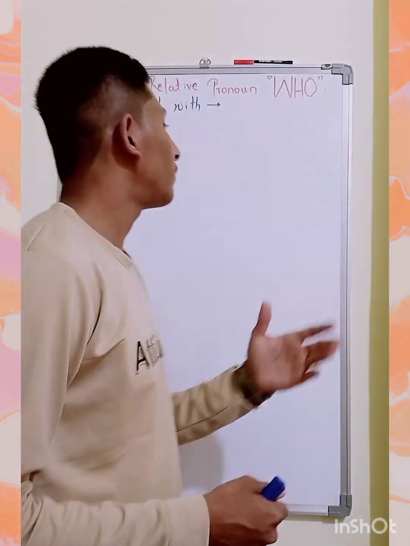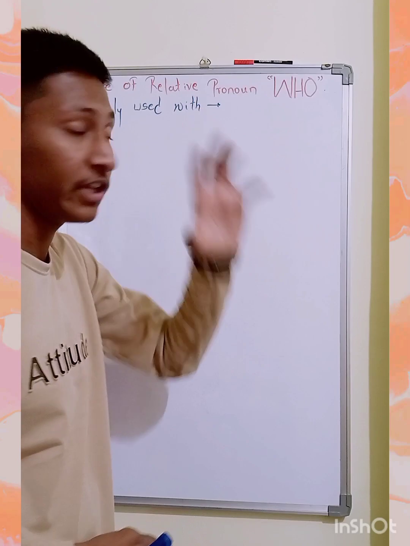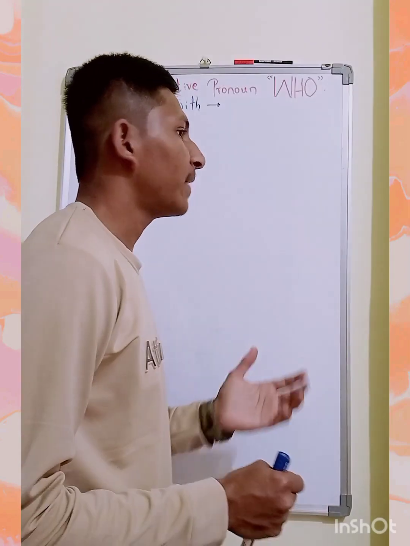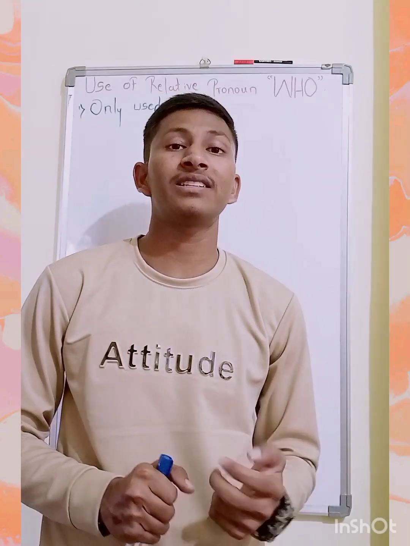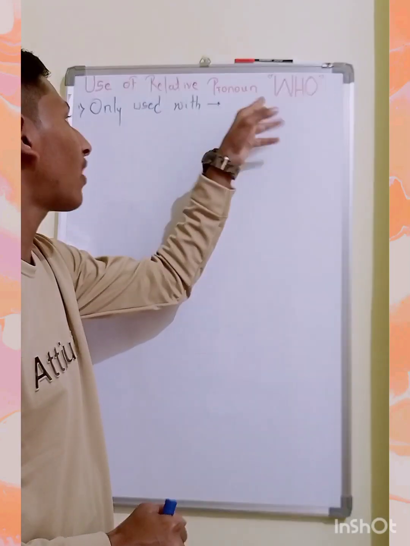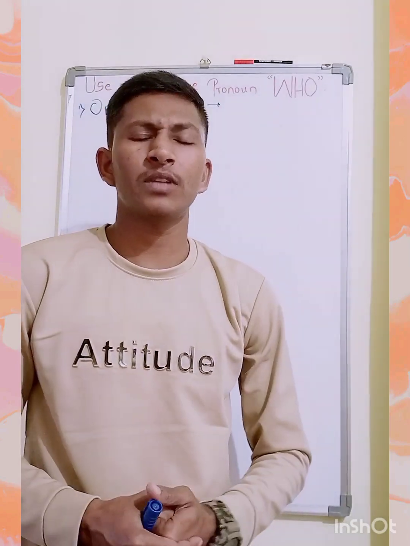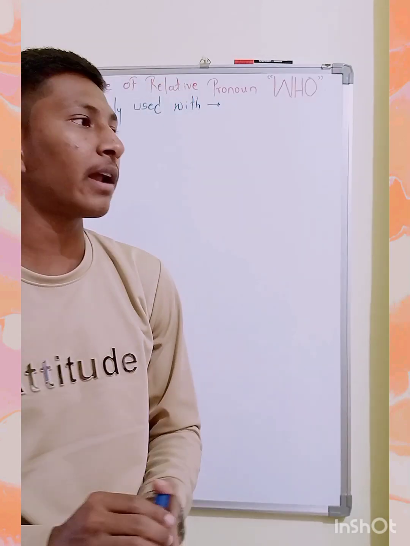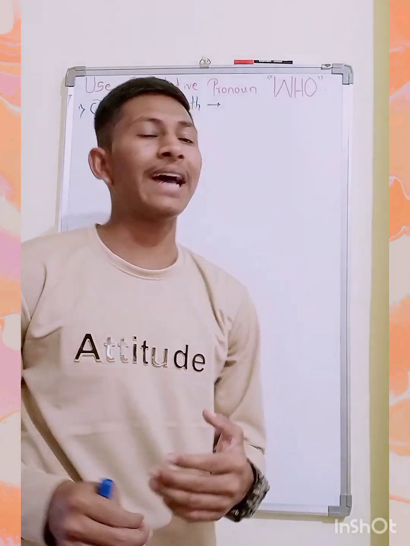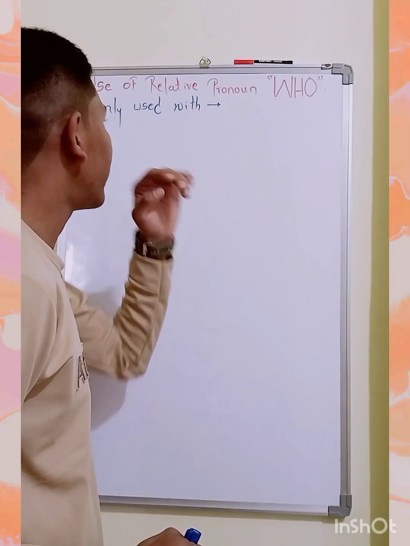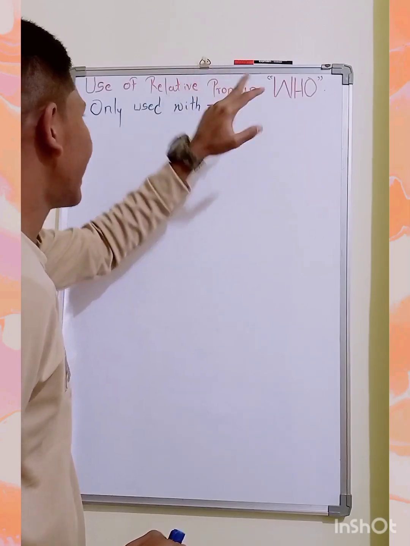And with this enthusiasm, we will move ahead with the innovative topic that I have brought just for you people. In this video I will be covering a micro topic of English grammar, the relative pronoun who. Relative pronouns are also called interrogative pronouns. Interrogative pronouns are the words starting with WH, the questioning words that we call WH words or interrogative words.